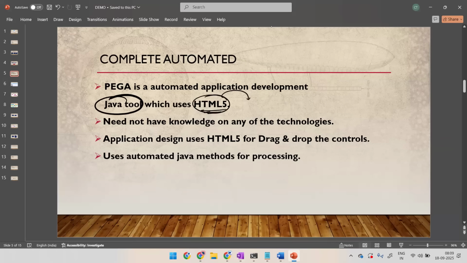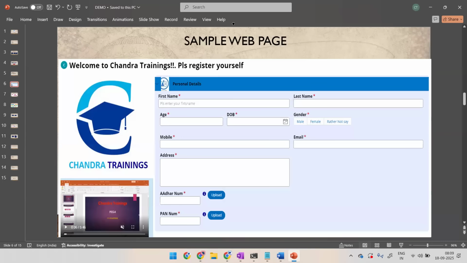But in the latest versions of Pega, this front-end is developed with JSX, JavaScript combined with XML, which is like React coding. So what we are calling it as a cloud concept, which is part of Constellation. I'll explain this maybe when we're working with cloud concepts. Okay. And if you are joining with project today, and if your manager is simply giving you a screen to work on this,